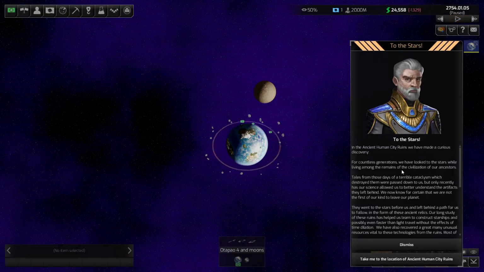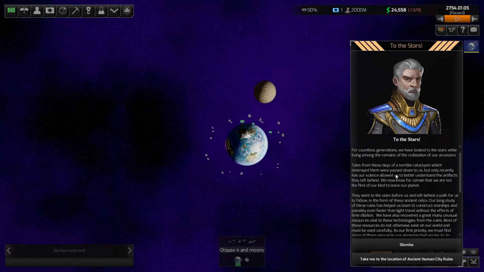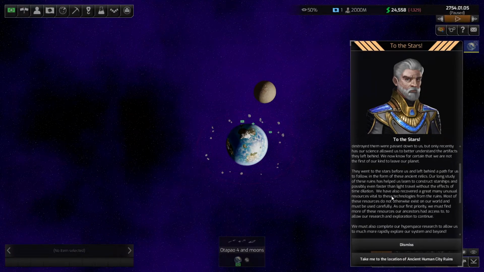In the ancient human city ruins, we have made a curious discovery. For countless generations, we have looked to the stars while living among the remains of the civilization of our ancestors. Tales from those days of a terrible cataclysm which destroyed them were passed down to us, but only recently has our science allowed us to better understand the artifacts they left behind. We now know for certain that we are not the first of our kind to leave our planet. They went to the stars before us and left behind a path for us to follow in the form of